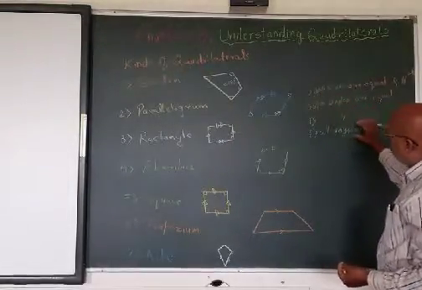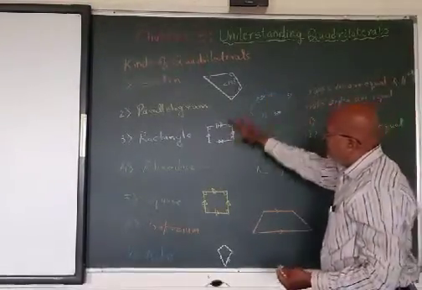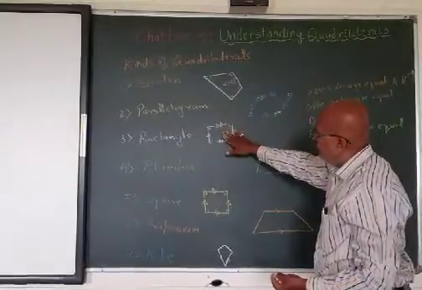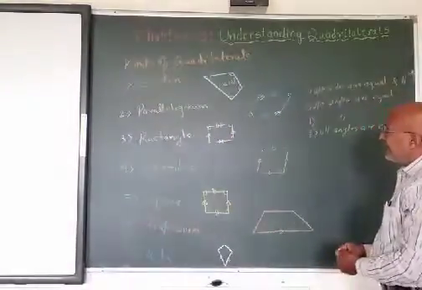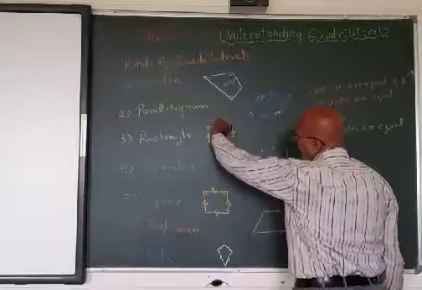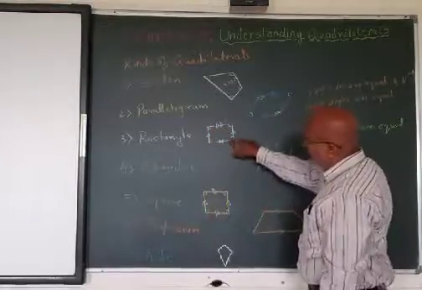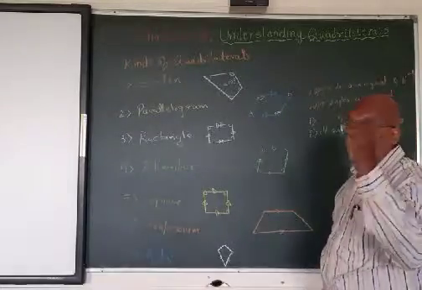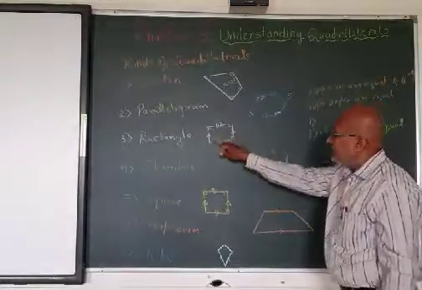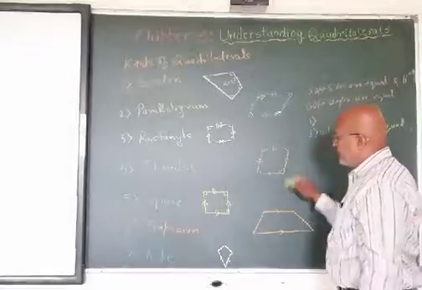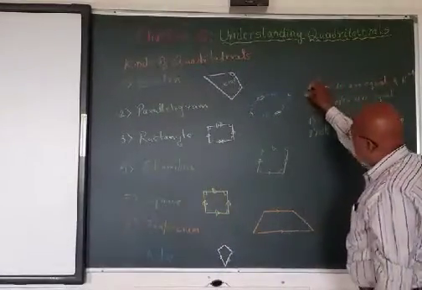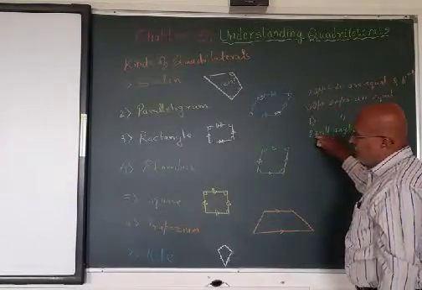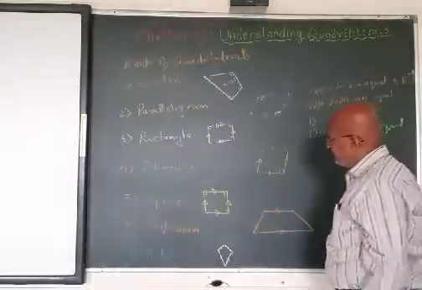When that one simple thing changes, it changes from parallelogram to rectangle. It means that here also the opposite angles are equal. So rectangle is nothing but a polygon with some special property, and that special property is all four angles are equal. So both these properties can be included in the rectangle.